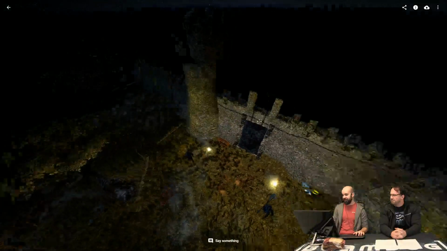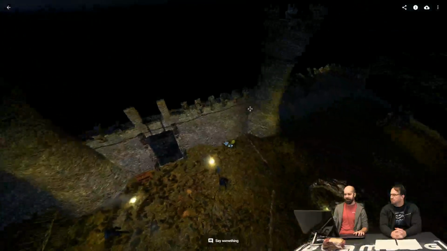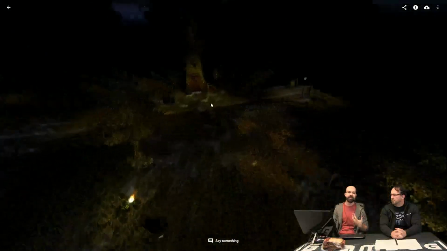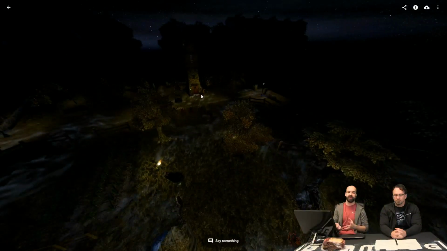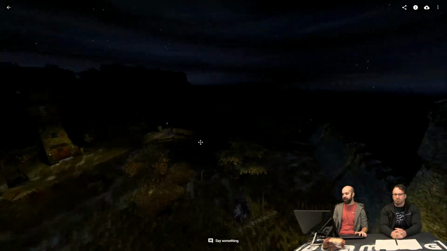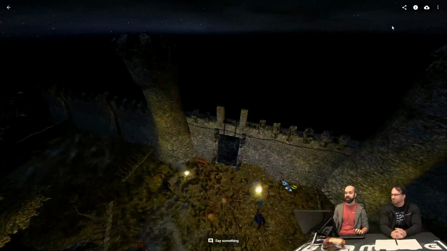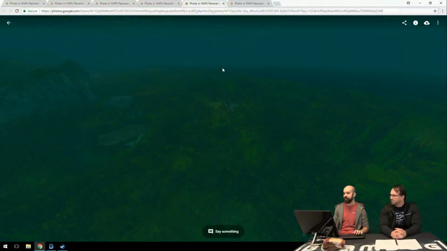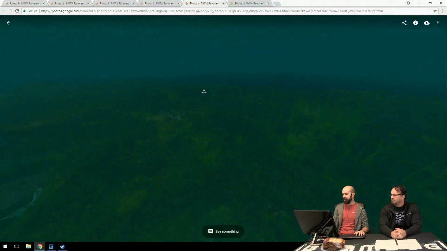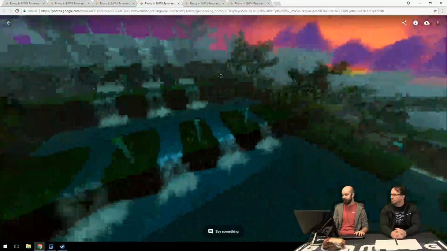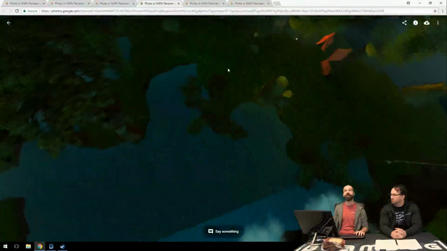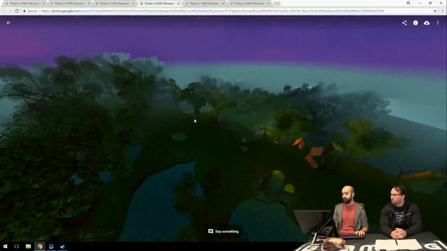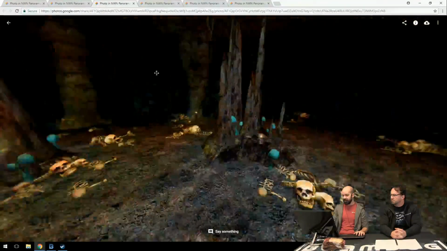So here's a cool area that was made with the Make Pano command. So as Trent was saying, it generates a bunch of images that you can then stitch together to make a panoramic 360-degree image. And this is neat for a variety of reasons, one of which is you could actually load these into your phone or a VR headset or something, and you can look around and see the world. Here's a cool underwater scene that somebody made. Here's another environmental shot. Again, very, very cool to get in there and look around and actually be inside of Neverwinter. Here's an underground area.